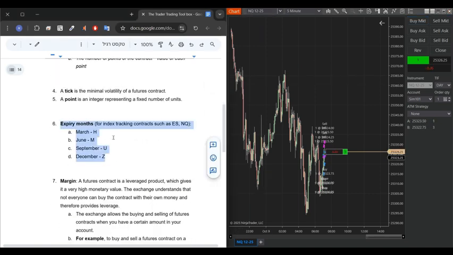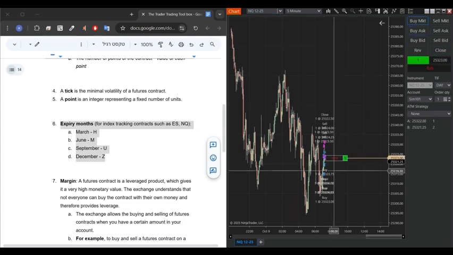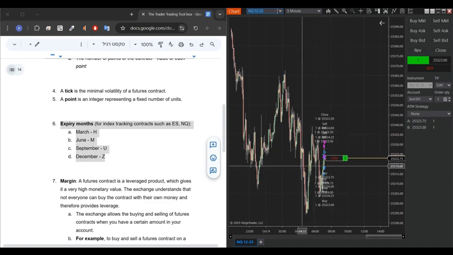Notice that next to every contract name, you will also see that there are numbers displayed. For example, the numbers 12 and 25. These numbers are not random. They are placed there for a specific reason. What this actually tells me is that this contract expires in December of the year 2025 specifically. That means if I purchase a contract right now and I simply hold on to it without making any changes until the specified expiration date, I'll definitely have to meet all of my obligations. For example, making sure everything is settled on time.